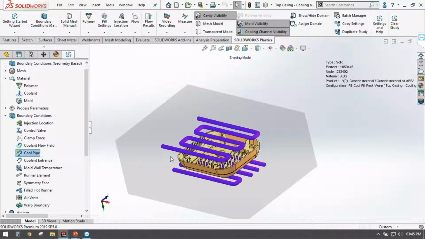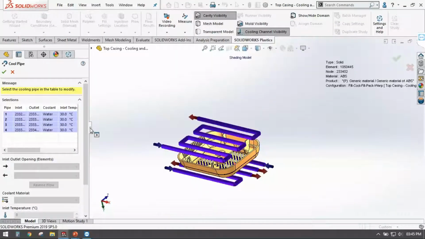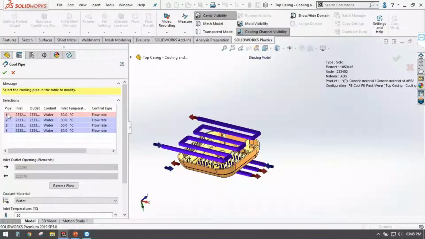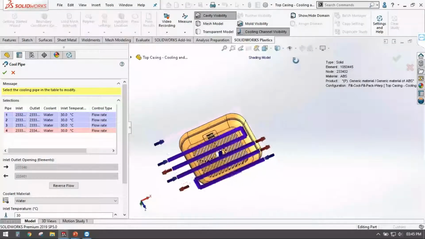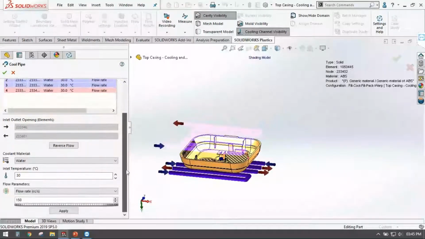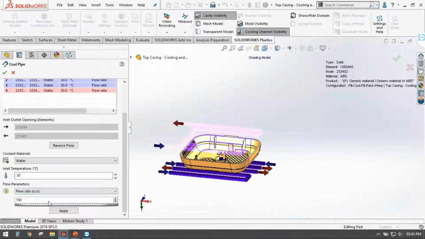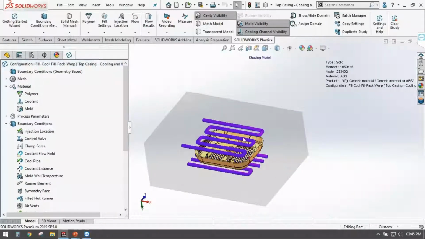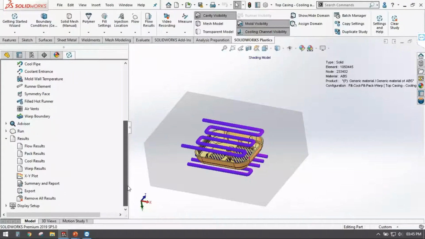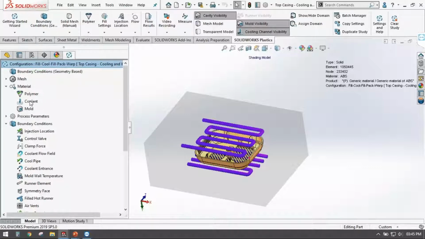So let me open the settings. Yes, so over here there are 1, 2, 3 and 4 pipes that I have created, and you can specify what the coolant is, what the initial temperature is, and even the flow rate, to extract the heat coming from your mold, correct?